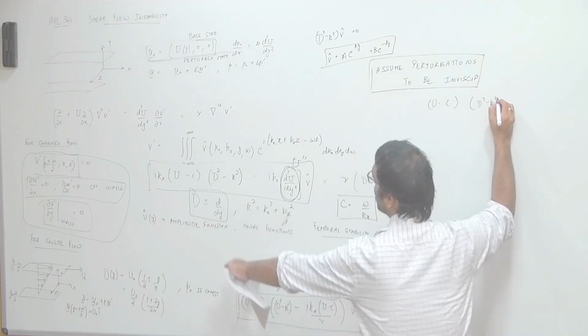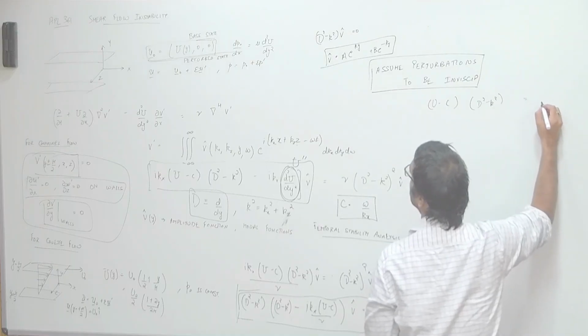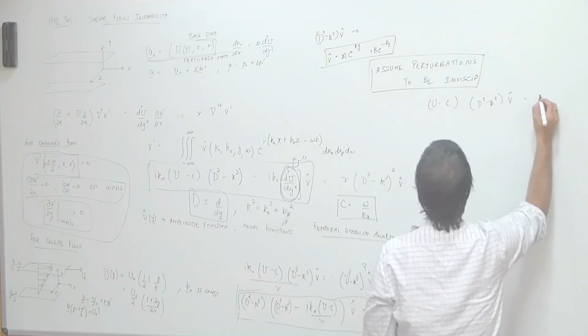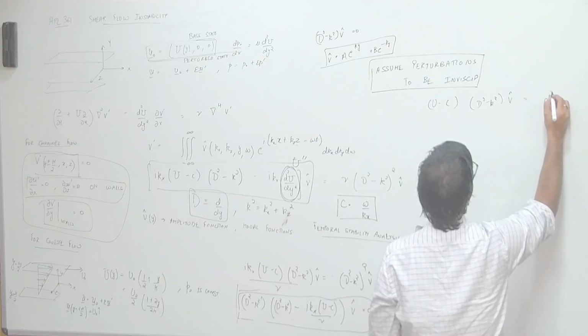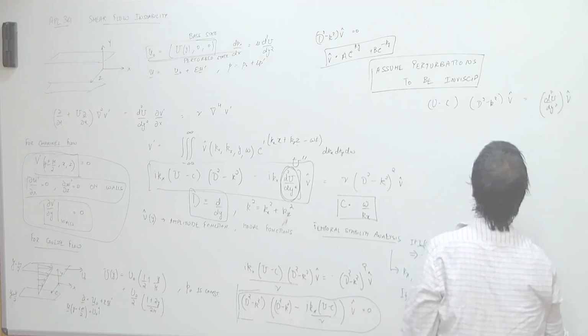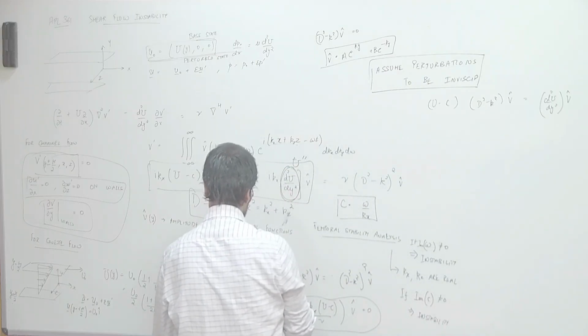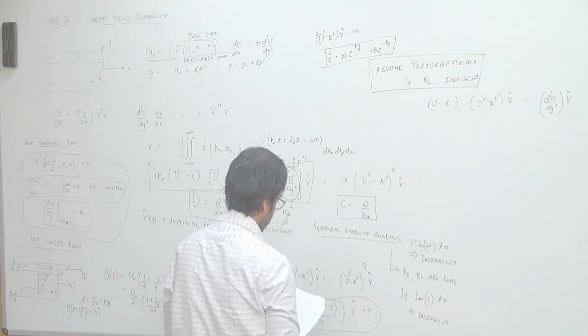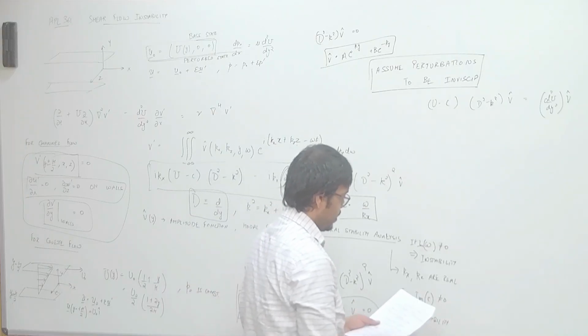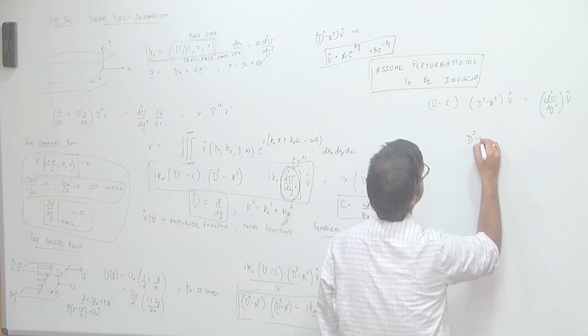So I'll cancel out i k_x from both the terms, and I'll be left with v hat equals d2U over dy square v hat. So I can write this equation again as